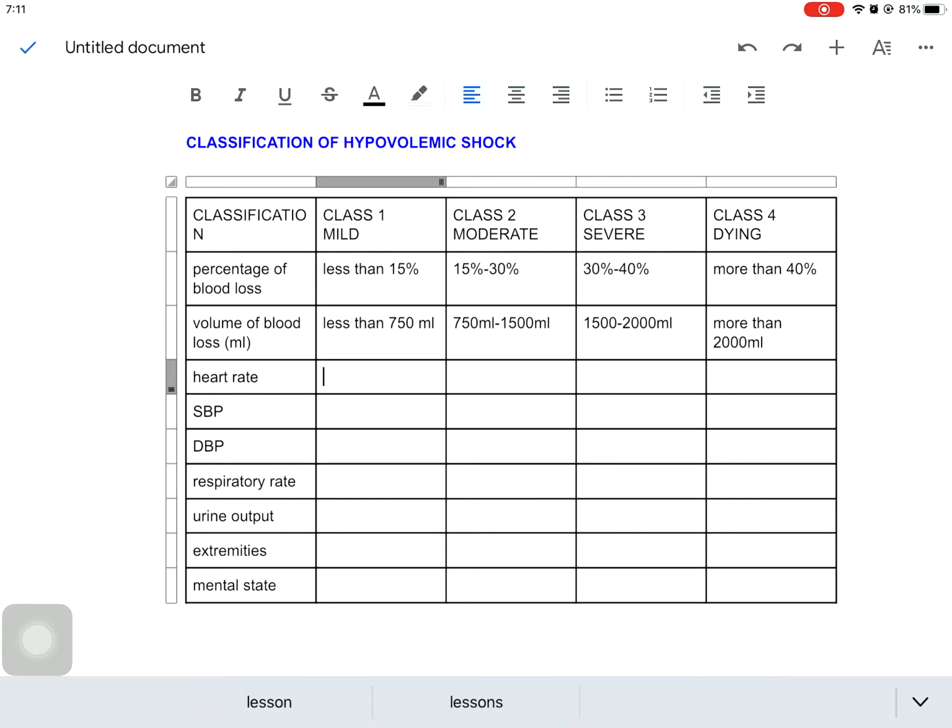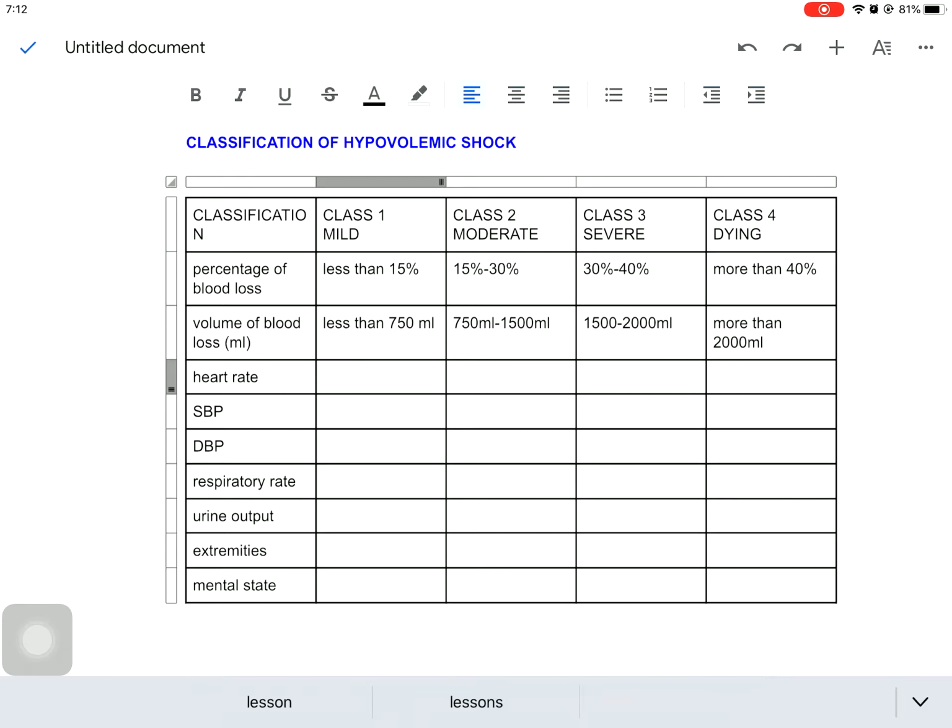Moving on to class 2 or moderate, the percentage of blood loss will be 15% to 30%. For class 3, the percentage of blood lost will be 30% to 40%. For class 4, the percentage of blood loss will be more than 40%. Then we move on to volume of blood loss in milliliters. For class 1, the volume of blood loss will be up to